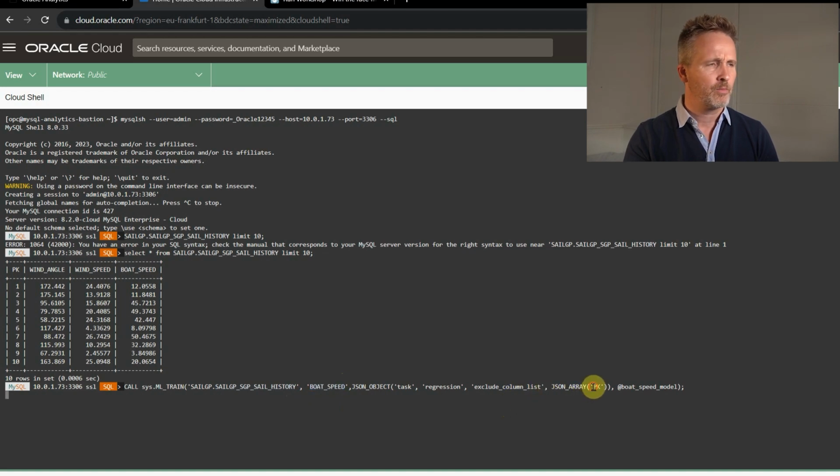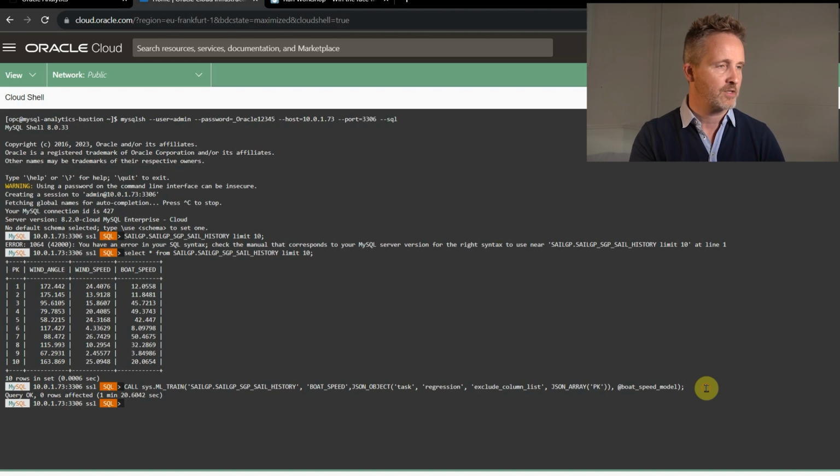And then also, there's one more thing here that's important. By default, it will try to find a relationship between all the other columns in the table, so all the other columns apart from boat speed. And the problem is there's also a PK column for a primary key in that table. So we're just saying here, don't use that PK column, just use the other columns. Okay, so that's done. And yeah, in 1 minute and 20 seconds, we now have a model under the name